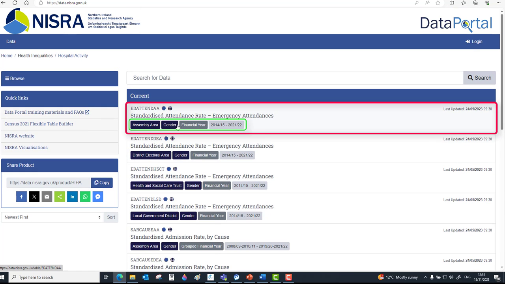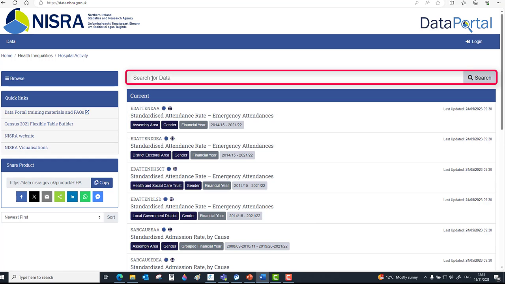The variables contained within each table can be clearly seen below the title, while the unique code sits just above. Icons beside the code provide such information as to the type of statistics or whether a map is available in this particular table.